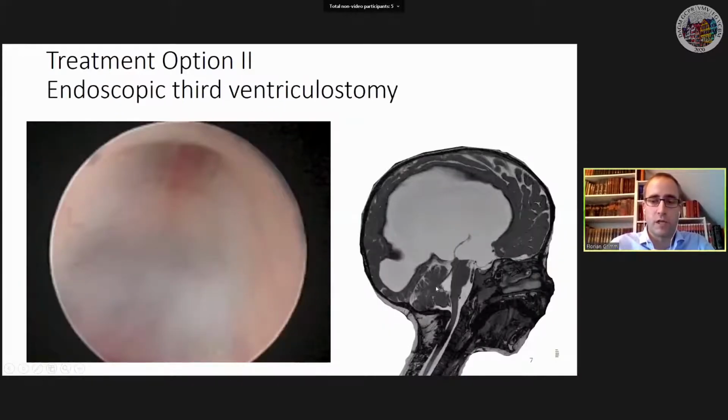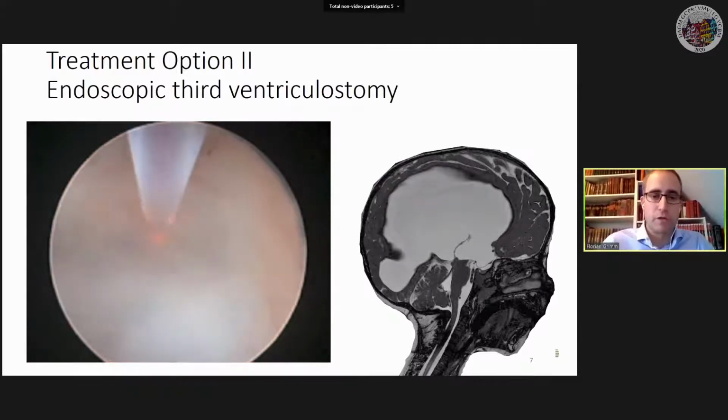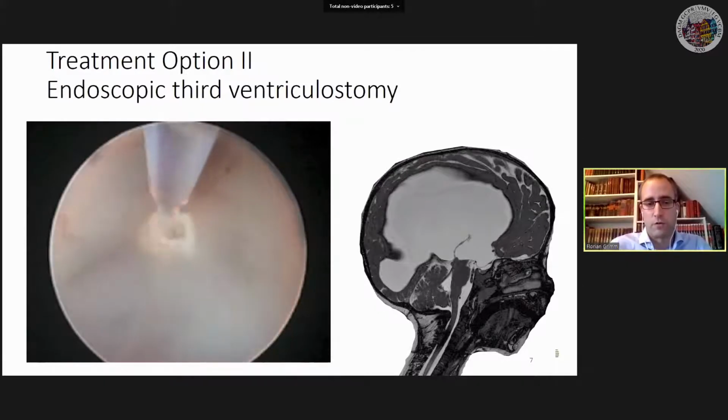So the second most common option is an endoscopic third ventriculostomy. With this method, especially for obstructive cases, a shortcut between the inner CSF compartments and the outer CSF compartments is surgically created at this location here. So here again, we have an intraoperative view. That's a view within our microendoscope, and there in the working channel, a small glass fiber is inserted, which is